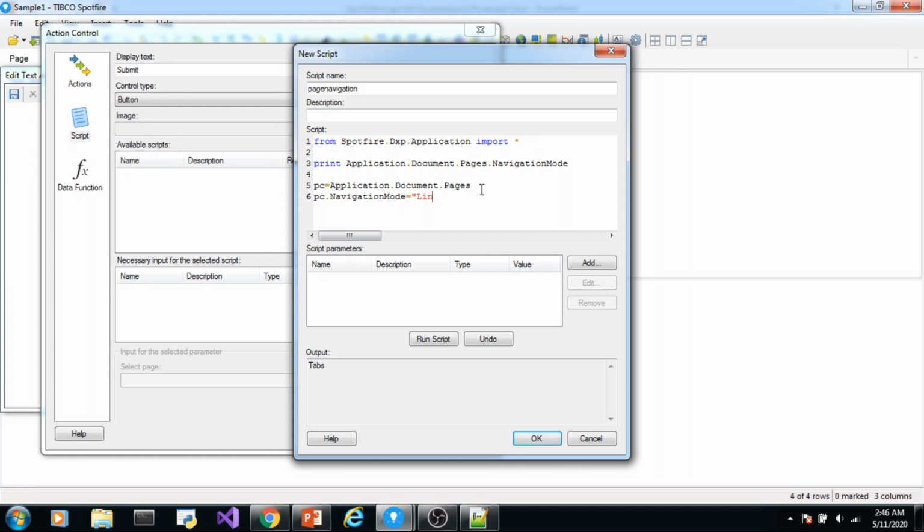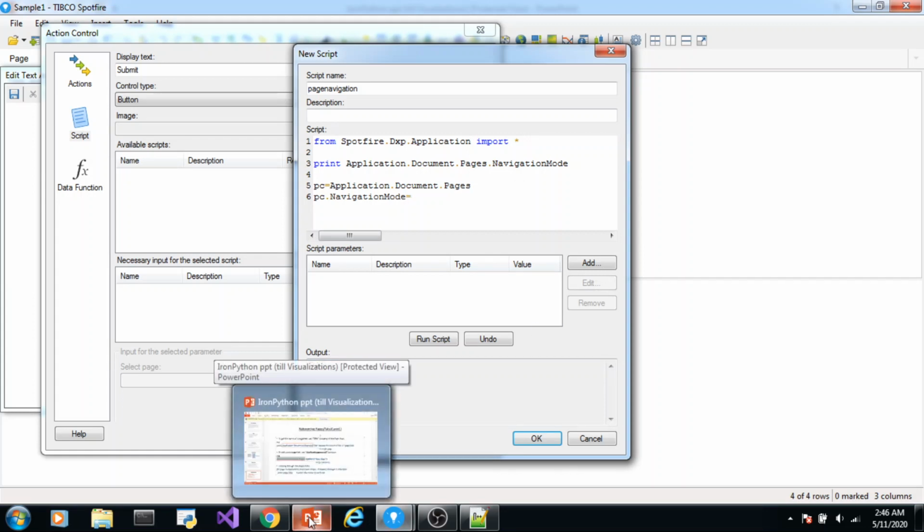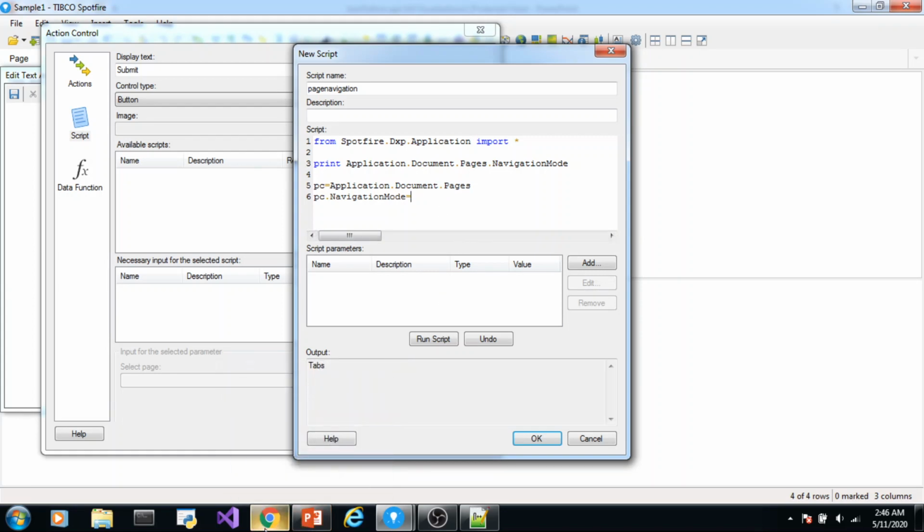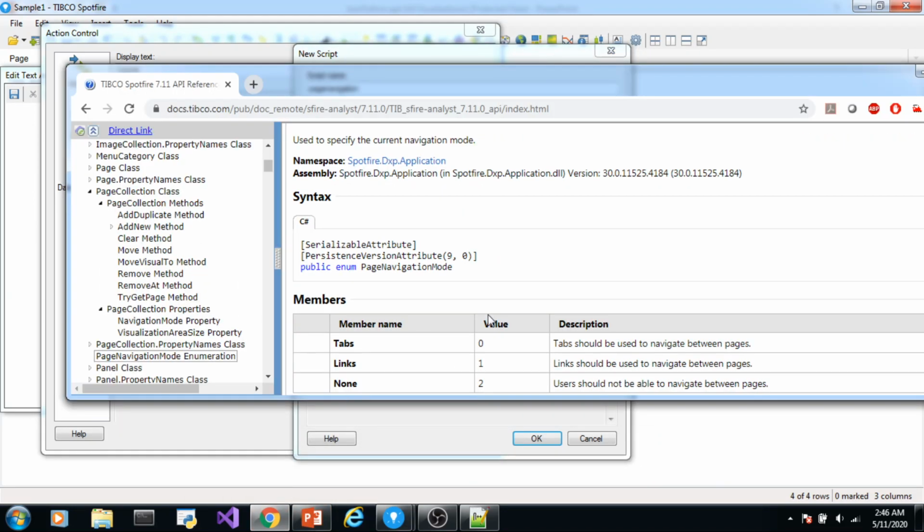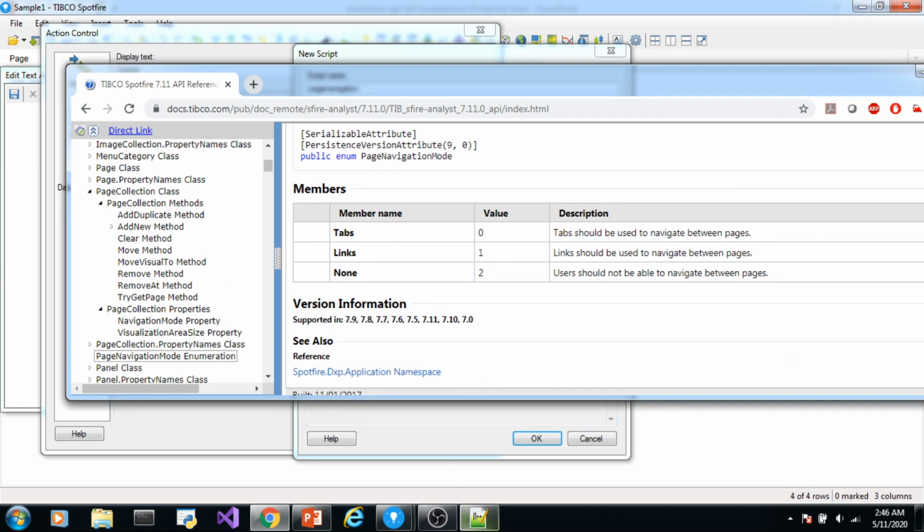No, not like this. So there is an enumerator defined for all those values. That is why I explained enumerator first. So how do we access the values of an enumerator?